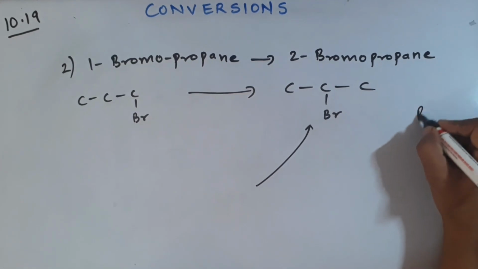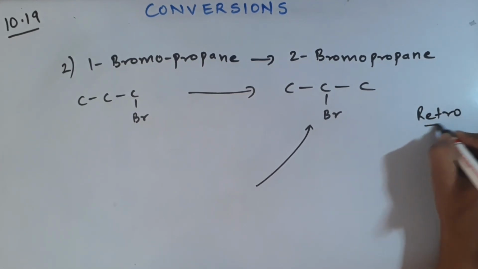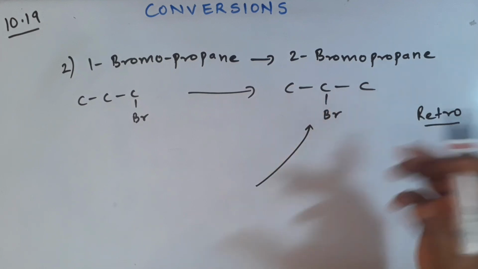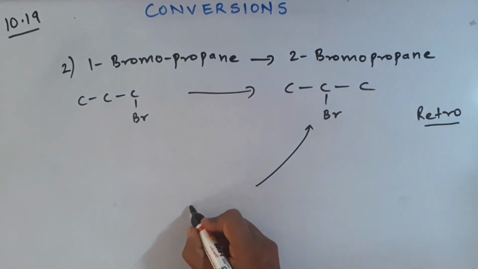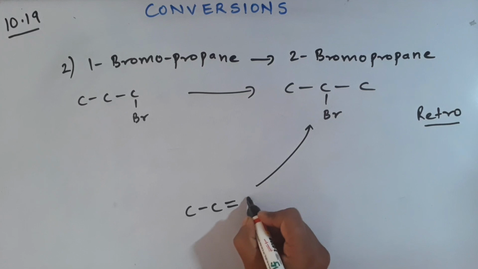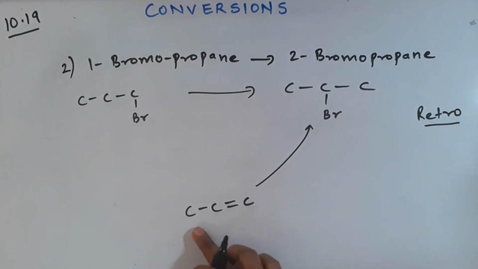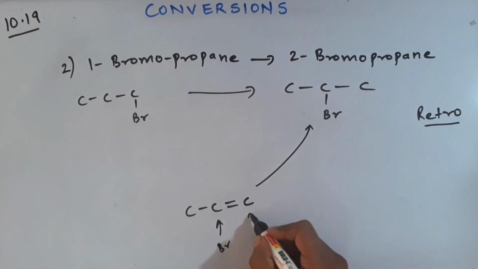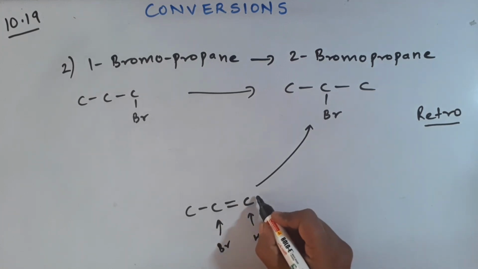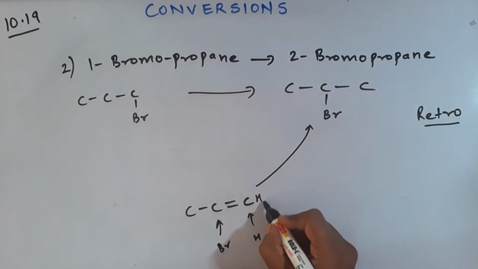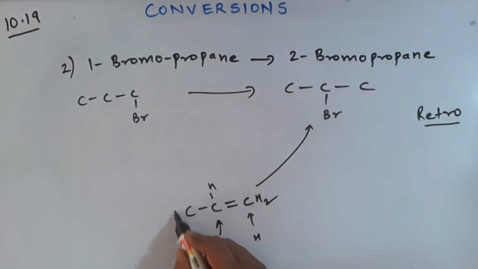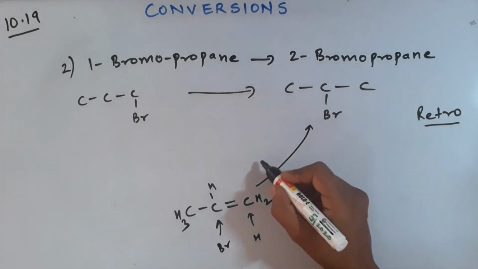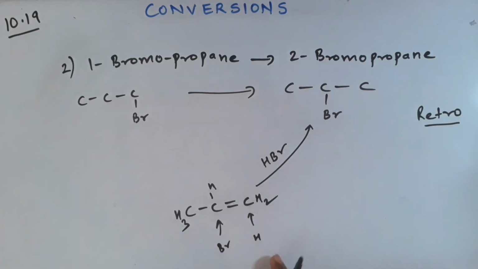We are now going retrosynthesis, that means reverse synthesis we will do. So initially this compound would have been an alkene, so we will write it down as C double bond C, and in this propene molecule I have added bromine over here and hydrogen over here. So we have added hydrogen to that carbon which already had more hydrogens, if you see like this. So this is Markovnikov's rule, isn't it? So we are going to add HBr as per Markovnikov's rule.